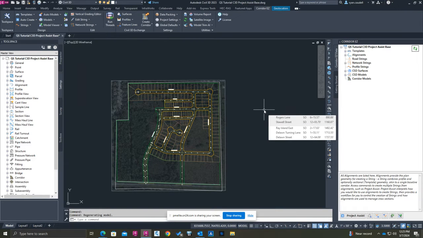But it is compliant with 24 as well. Or if you have older versions of Civil 3D, it supports that too. Now, in here,